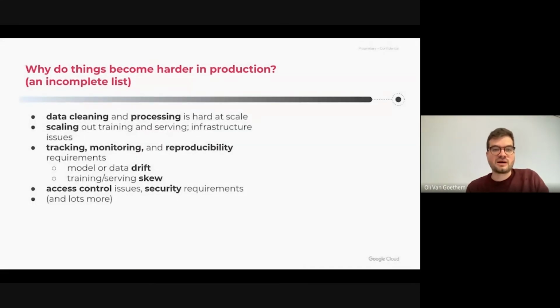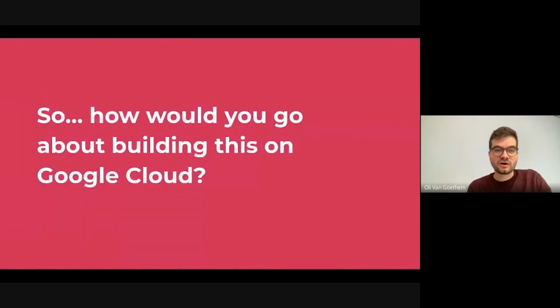And especially, as I mentioned, there are a lot of difficulties that make it hard to run machine learning in production. And here's an incomplete list of some of the most important ones. So as I mentioned, reproducibility, tracking, monitoring, security, scaling, a whole lot of things to think about. So obviously the question is, what can Google Cloud do to help us in this particular scenario? And for that, I'm going to stop sharing my screen and hand over to Polong.